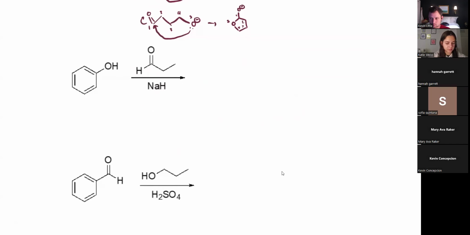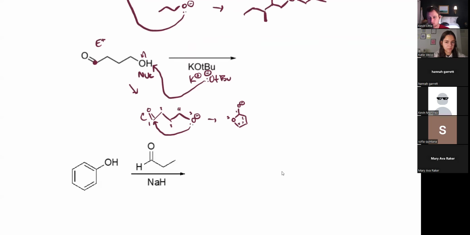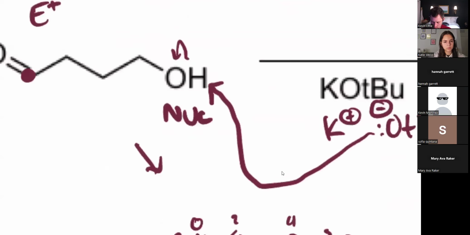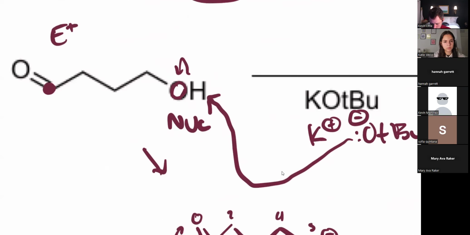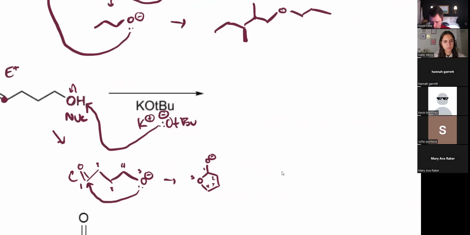Excuse me. Isn't that a bulky base? It is a bulky base. Wouldn't it make elimination, I mean, wouldn't it make like a double bond at the end? What do you mean? Where? At the end of the chain? So you're saying why doesn't this just eliminate this OH? Yeah. So yeah, okay. If I had